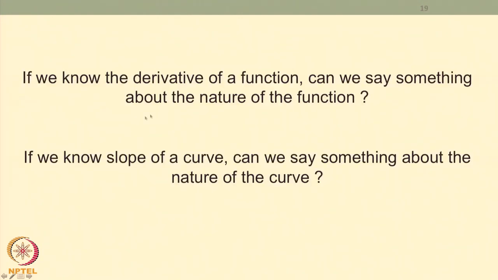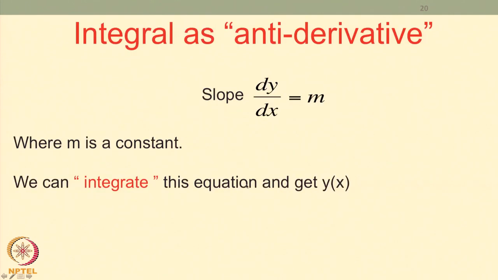So, what do we know? If we know the derivative of a function, can we say something about the nature of the function? If we know the slope of a curve, can we say something about the nature of the curve? These are the questions that we are trying to answer, and in general, just like we saw, if we know the slope, which is dy by dx is m, where m is a constant,